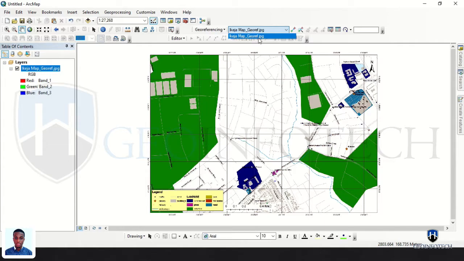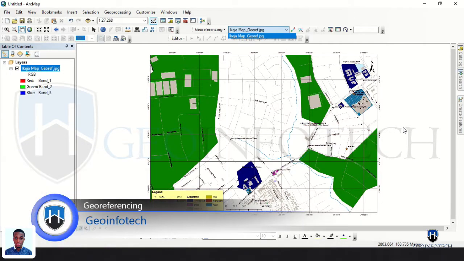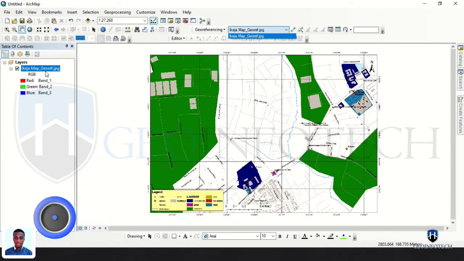Ikeja map georeference. Make sure it is selected. This is the image we are working with, and make sure it's selected. If it is selecting another image, we'll be georeferencing while it is referencing the other image, and that will cause problems with our map. So once this is selected and you are sure this is the image we are working with, the next thing we have to do,